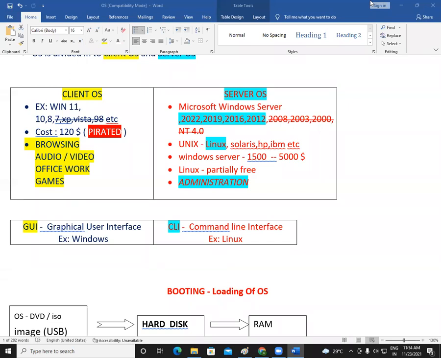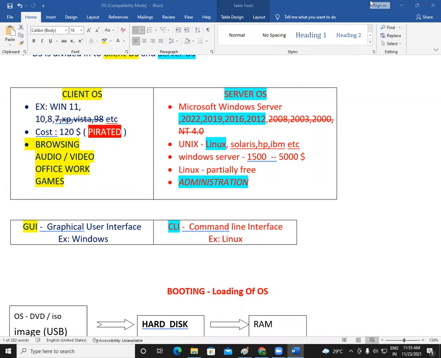And the next CCNA batch will hopefully start next week. Coming to our MCSE and CCNA projects, of course, we have some projects. Of course, I'll provide you some interview questions and answers. I'll give some scenarios. I'll give some questions to practice at home. I'll do all those things.